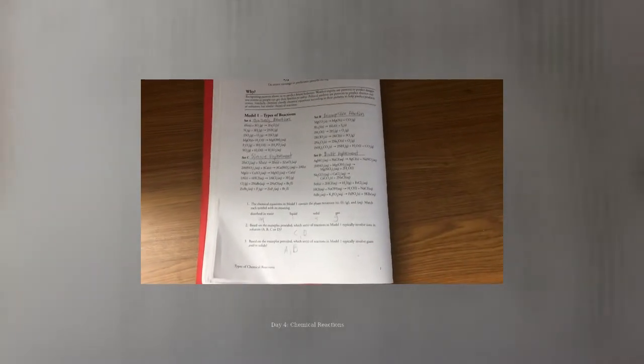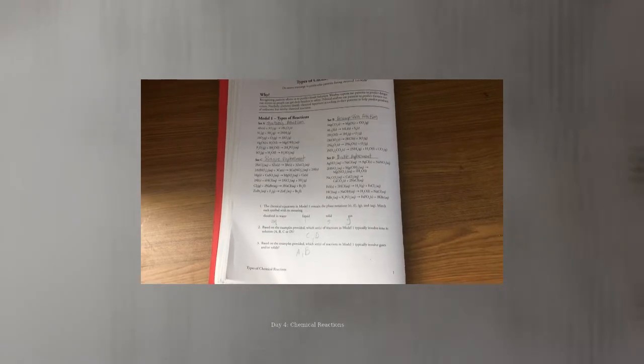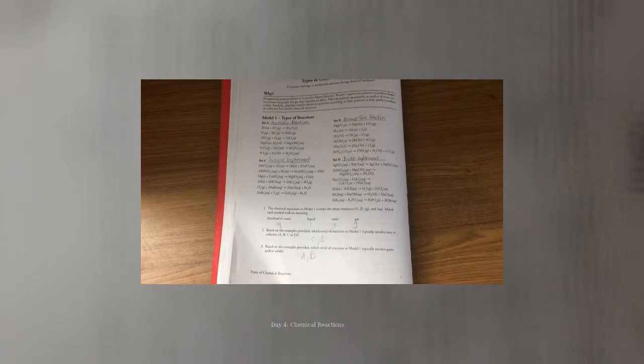On day 4, we learned about chemical reactions. We did things such as using chemical equations and then balancing them to ensure that both the left and right side had the same amount of each substance. Using this, we could also predict what would come out of each reaction, and we could classify them based on